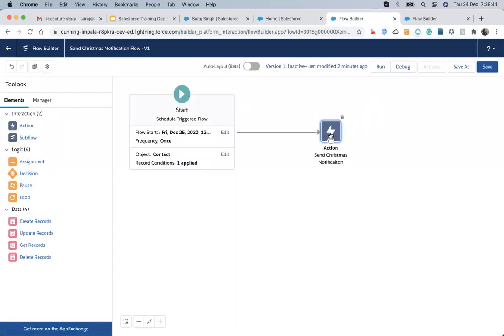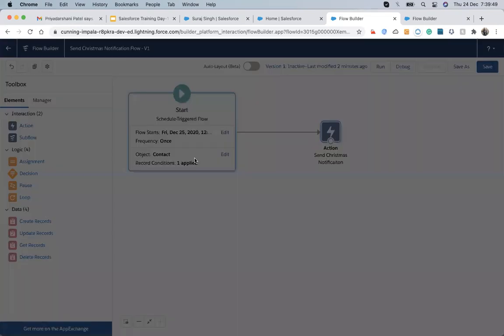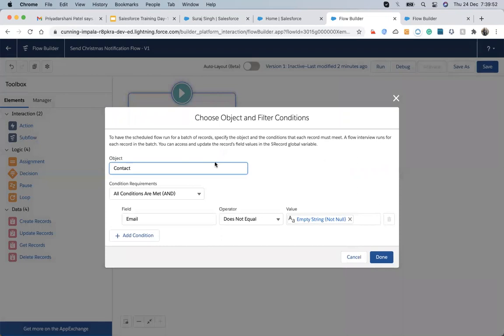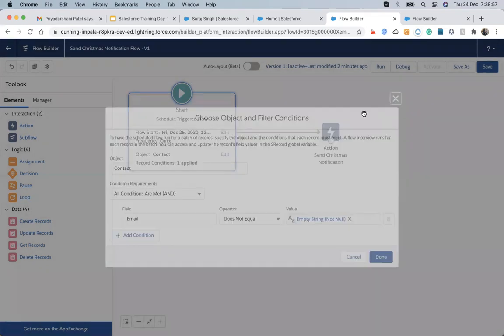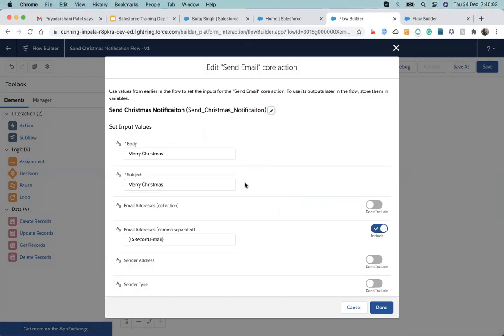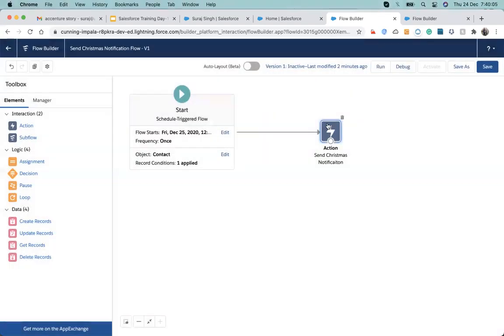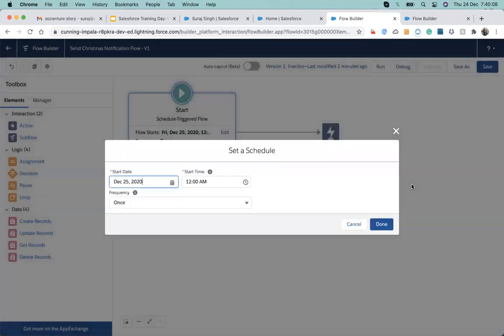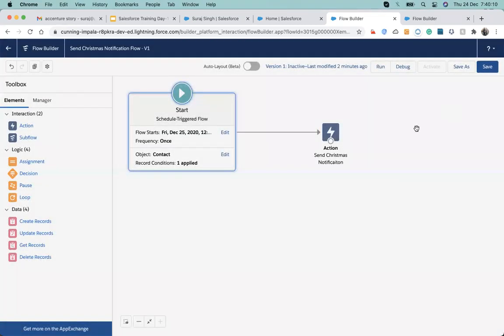We just need to set up a user so that it will work on the basis of that. What it will do is, for each record, it will run that flow one by one and execute our action, that is to send an email notification to this person. We had scheduled it for the 25th, so it will run on the 25th. This is the way we achieve this. Again, I think it will throw an error.